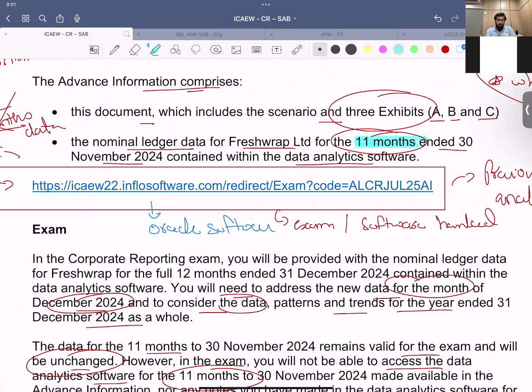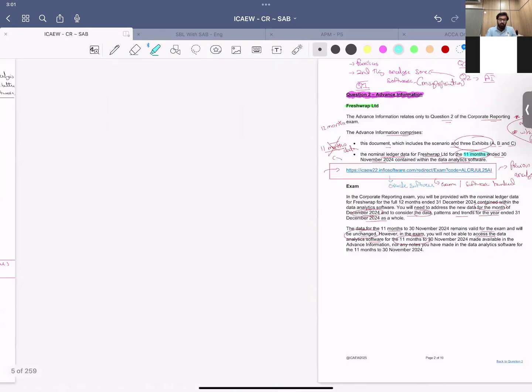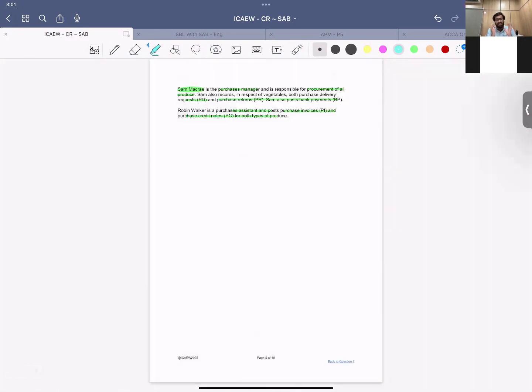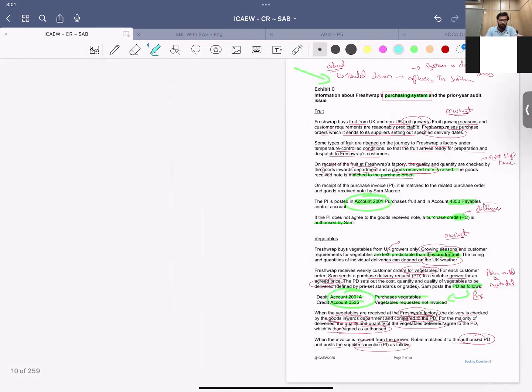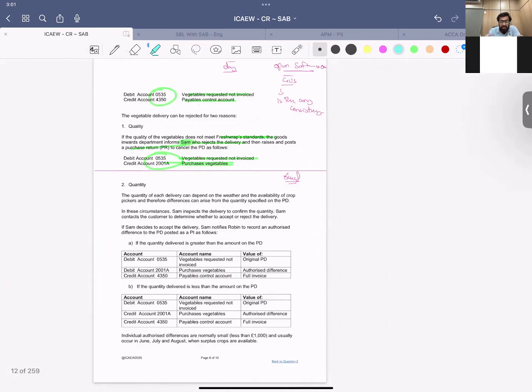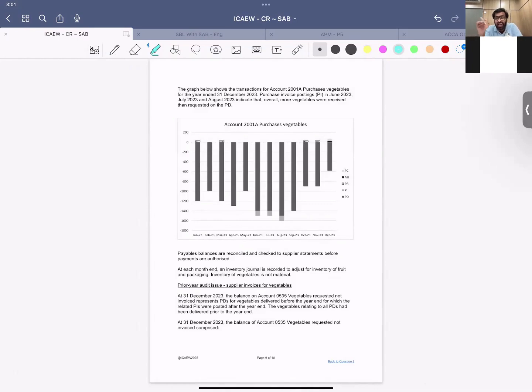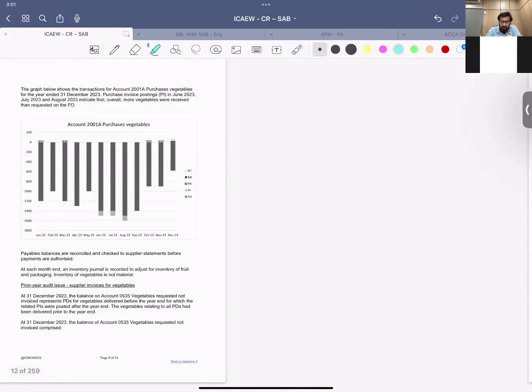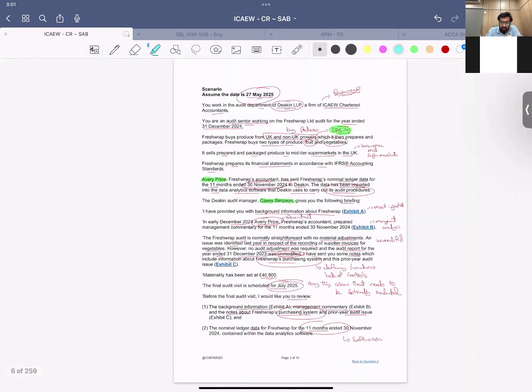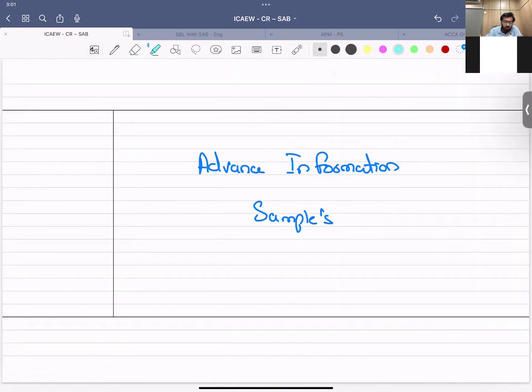Now, in the exam, one more important thing: this was a sample, and obviously we are not eligible yet to read it. So I'll just show you this. This is how advanced information comes. And then I cover it with you guys, and I make notes that, okay, these are the things that could have been asked further.